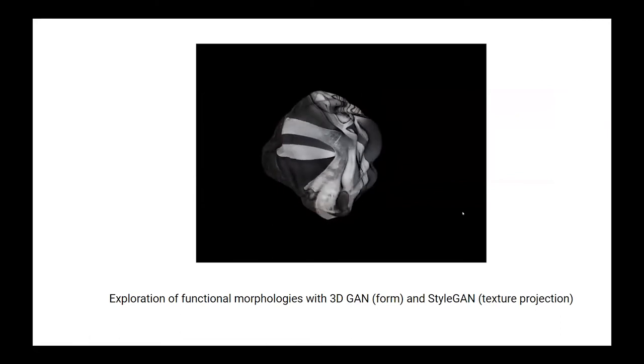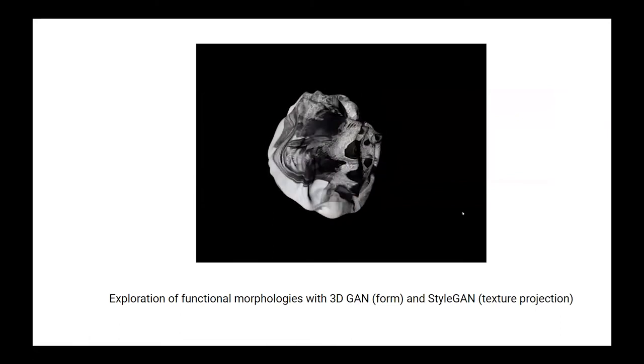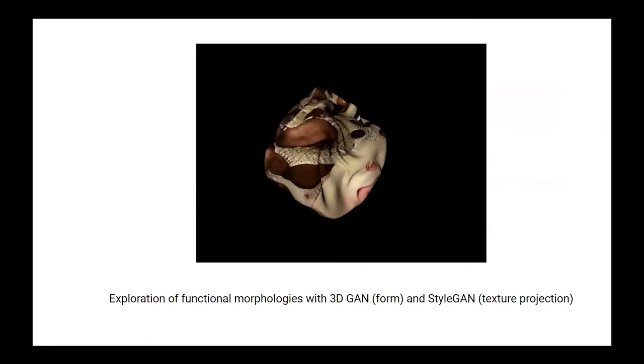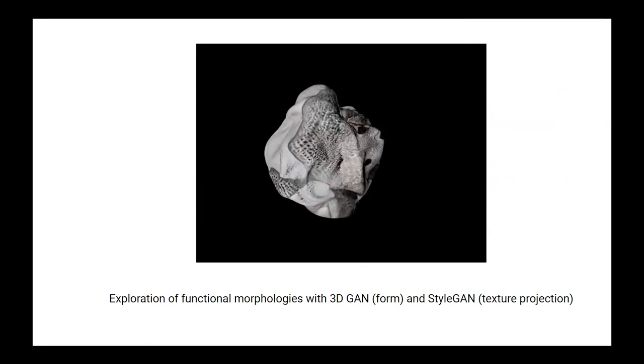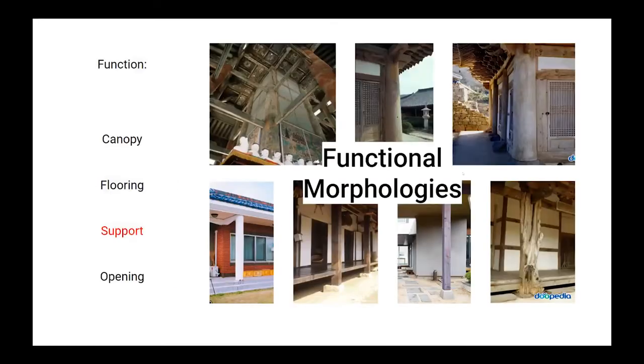So the final output of the unit might present architecturally functional morphology and its texture or some of the material, if possible. So the primary goal of this year's workshop is identifying functional morphologies. For example, these pictures reveal how different columns were used for support throughout different eras in Korea. Running 3D GAN on these columns will yield functional morphologies that will provide an insight into how Koreans reflect function